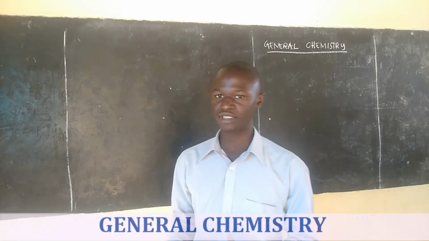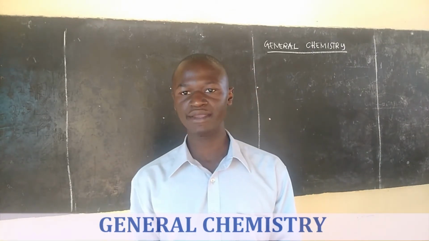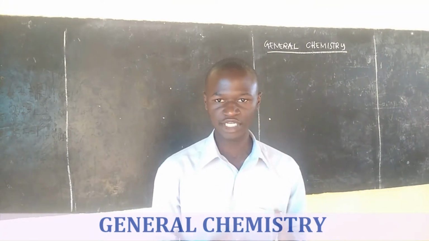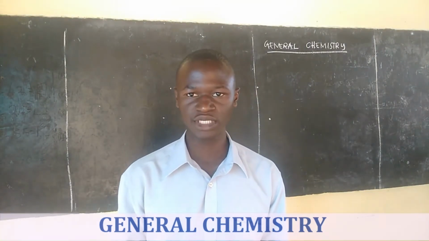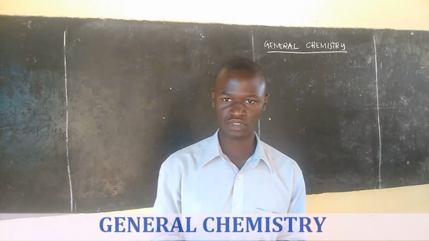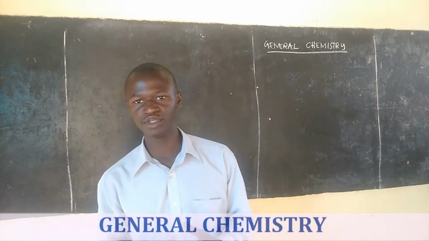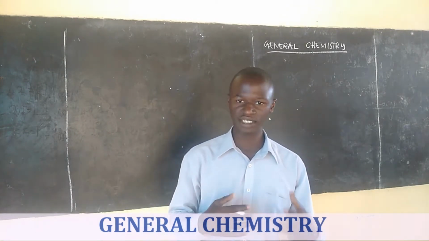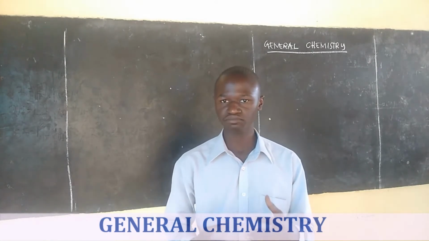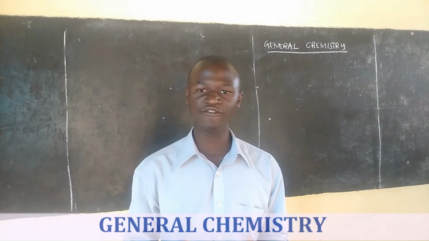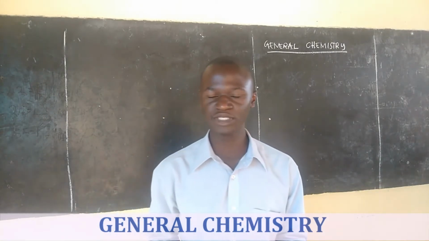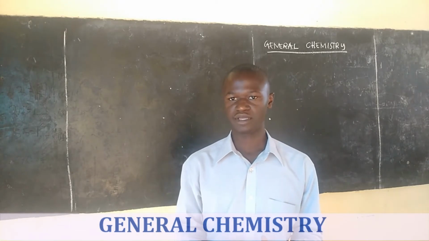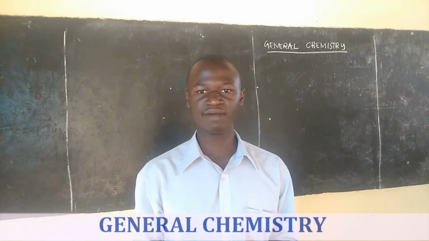So in general chemistry tutaenda kujua kwamba why baadhi ya materials unazikuta they are hard, while other materials they are soft. The reason behind is because of the nature of bond which is making up the materials. Difference in the nature of bond which is making up the materials will lead to difference in the strength of these materials under different conditions. So if you apply force to some materials they will respond by breaking down, but some of them will not break. Why? It is because of the nature of bond which they are made up of.